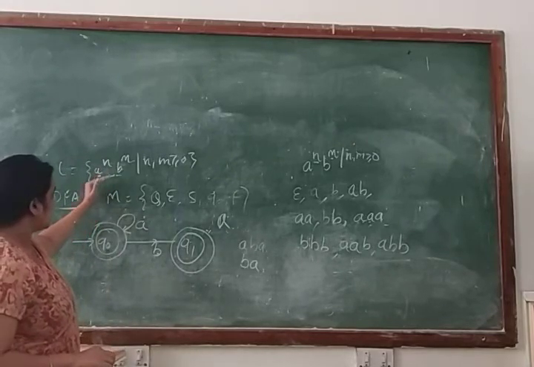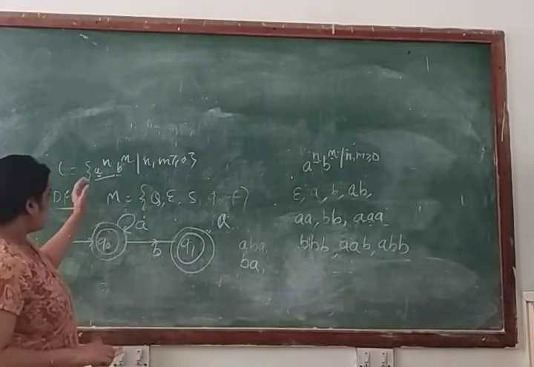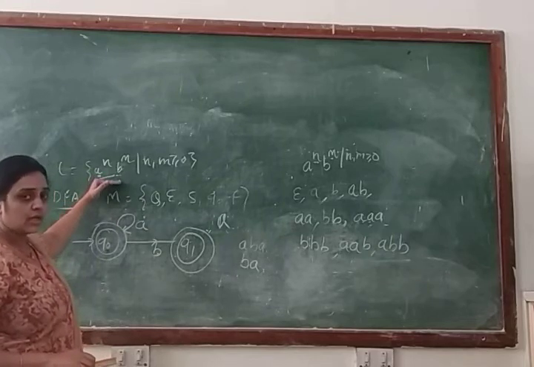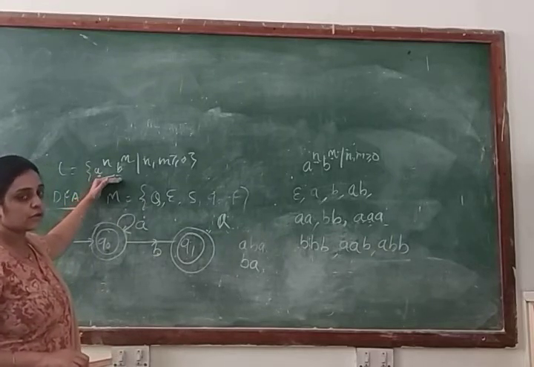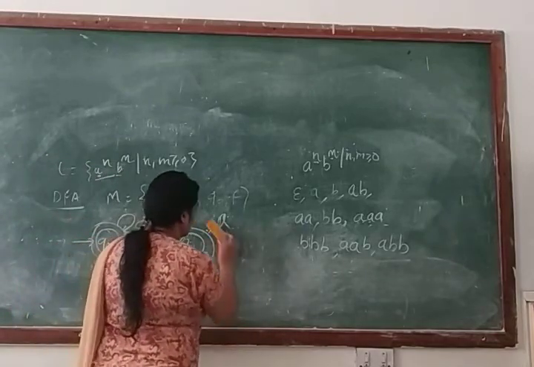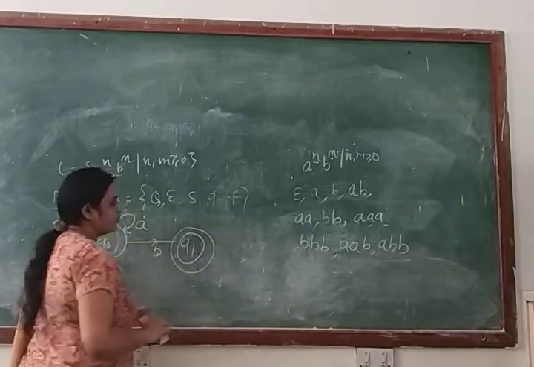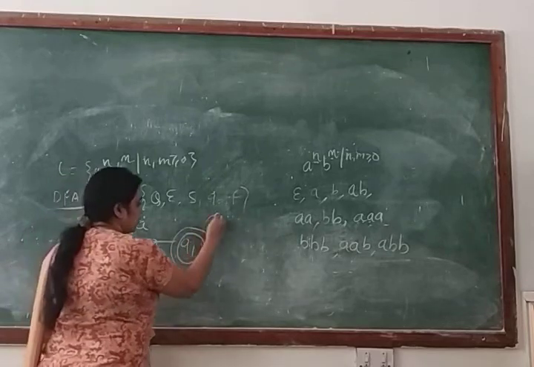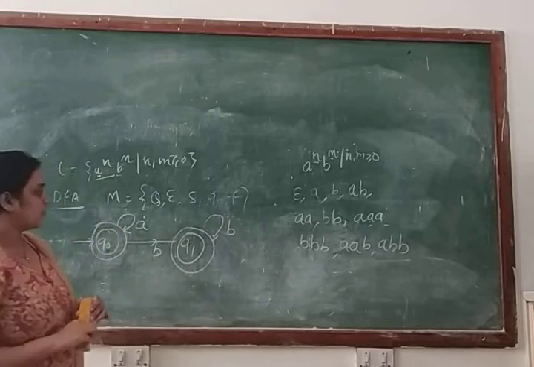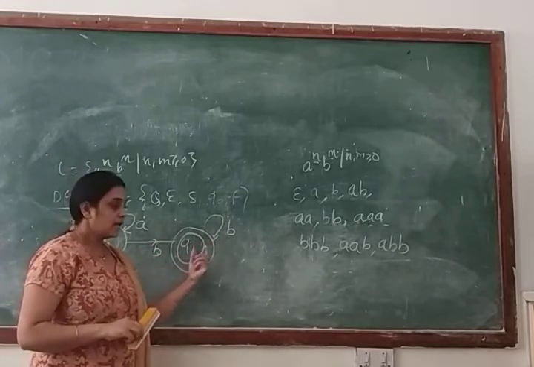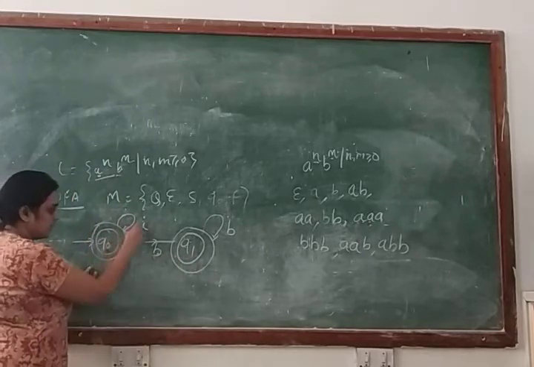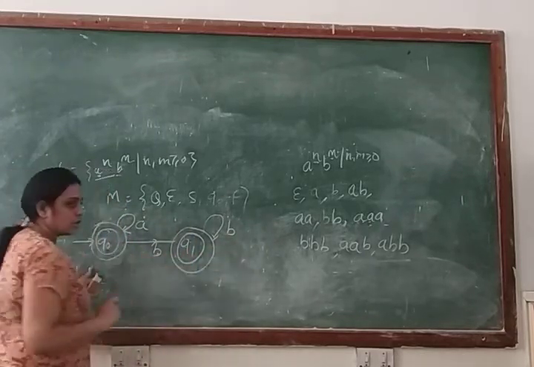Clear? Because A and B are in concatenation form, A followed by B is always part of your string, always part of your language, but B followed by A is not part of your language. So that's why you cannot make this transition. Okay? Now we will check for B. Can you make a transition in the form of a self loop for input symbol B? Yes, we can make a transition in the form of a self loop for input symbol B at the state Q1. Why? In that case, our machine will accept A, B, any number of B.